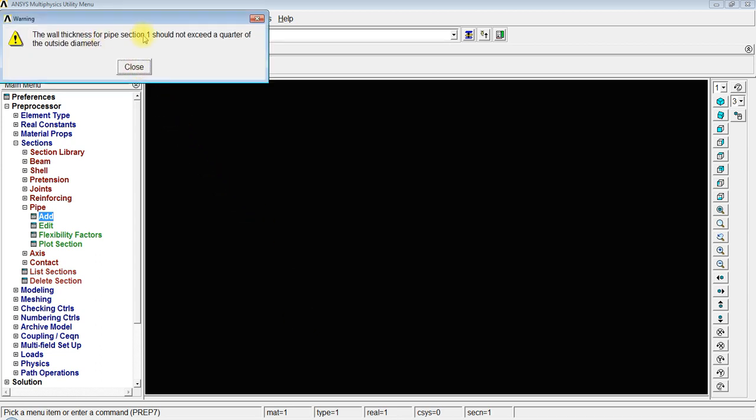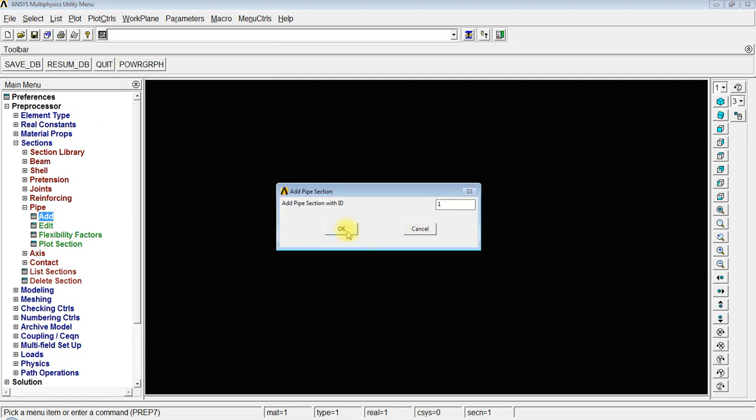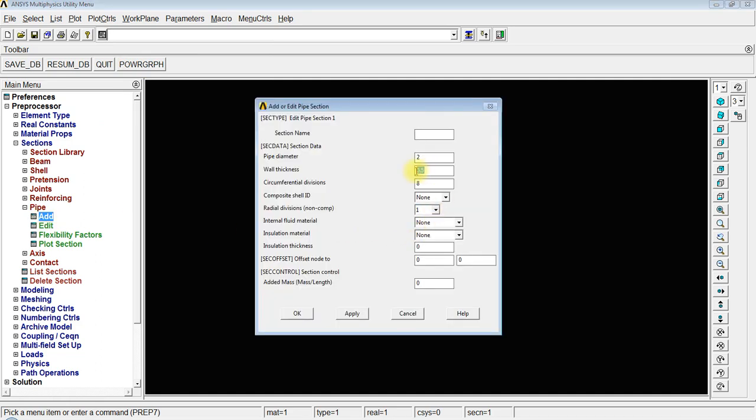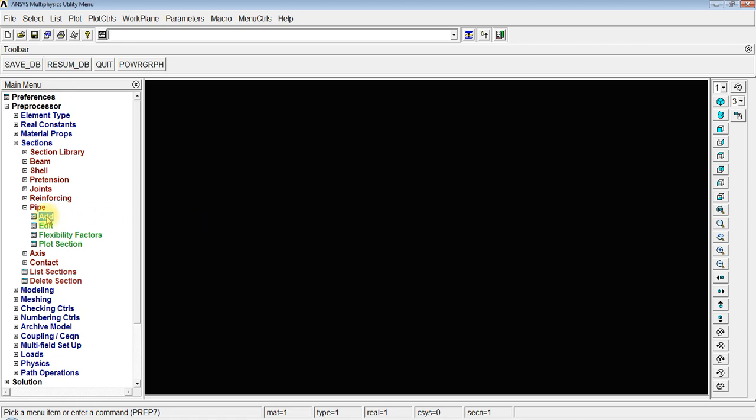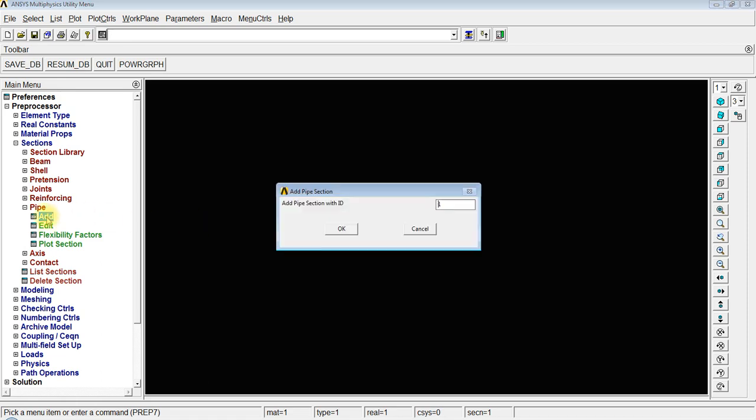Pipe thickness is more, so we will reduce the pipe thickness. Add section ID. 0.2. Now we will add another pipe.